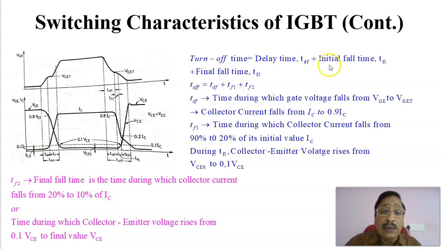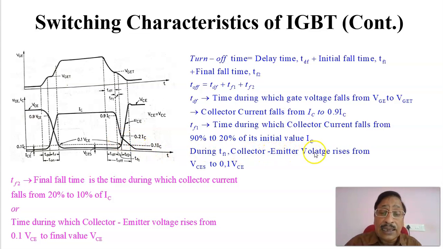TF1, the initial fall time, is the time during which the collector current falls from 90% to 20%. From 0.9 IC to 20% of IC. How much time does it take to change the collector current from 90% of its initial value IC to 20% of IC? This time we call the initial fall time TF1. 90% to 20% of the initial value of IC is called TF1. And during